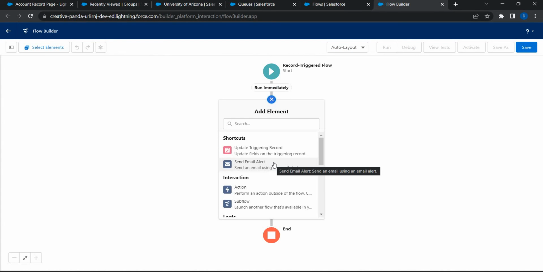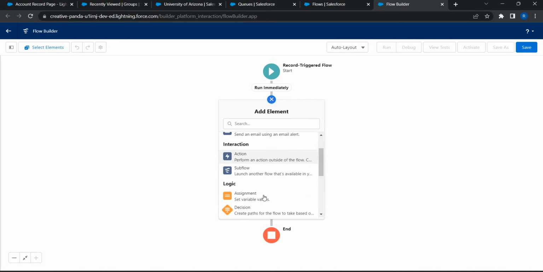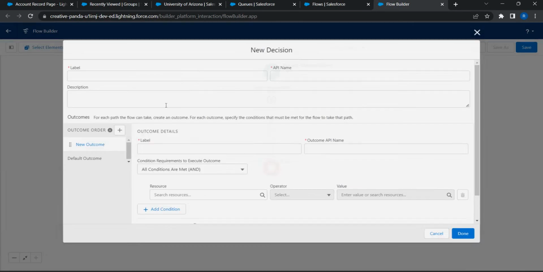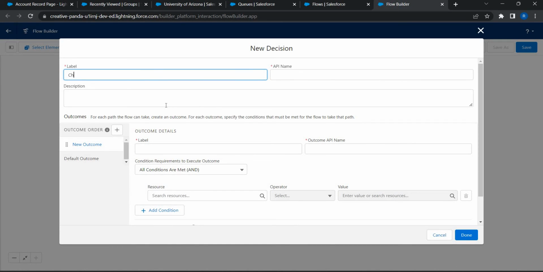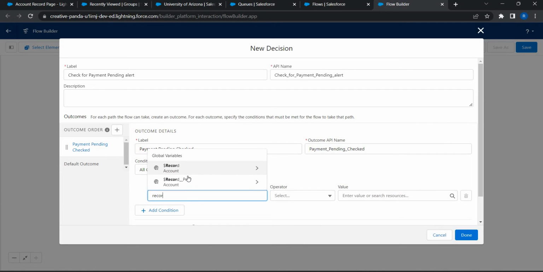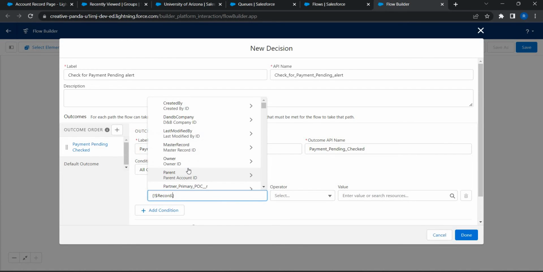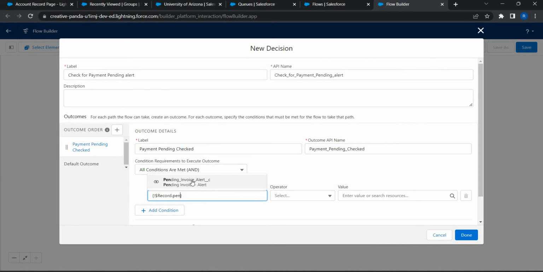The very first thing is we need to check whether the checkbox is selected or not, isn't it? For which I'm going to choose a decision element. I'll call it check for payment pending alert, and the outcome payment pending checked. We'll use the global variable record. This will carry all the field information that has triggered the flow. So record, pending invoice alert, if this is equal to true,